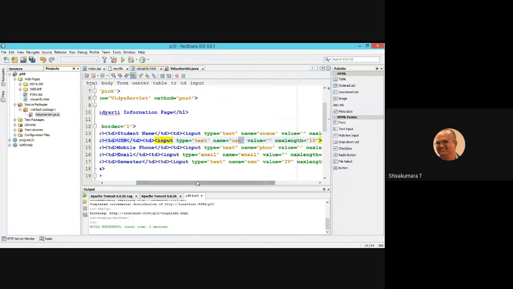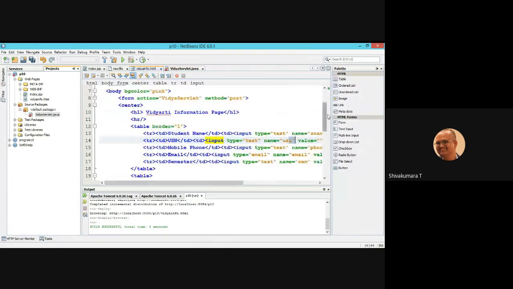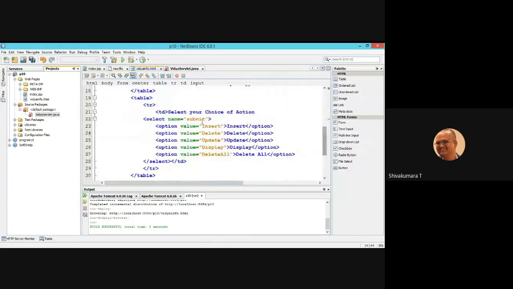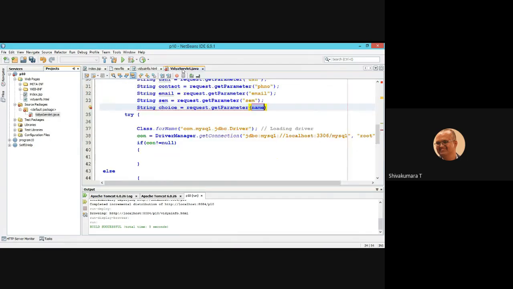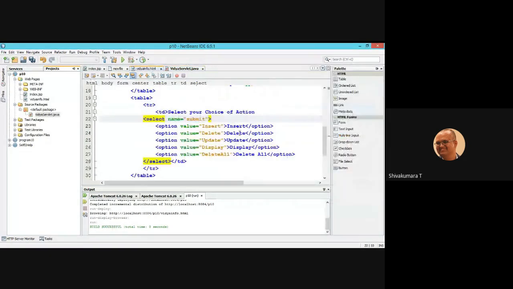What is the name of the selection which you gave here? The name of the selection is submit. You use that submit to collect the value corresponding to it. When you select insert, the insert value is used for this submit. When you select the delete option, the delete value is used for this submit.